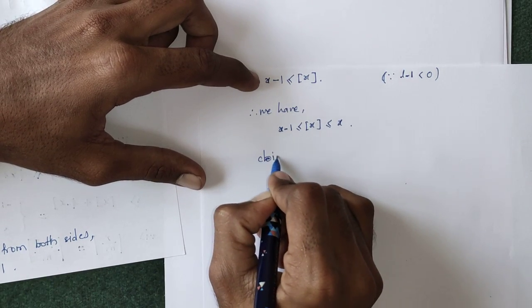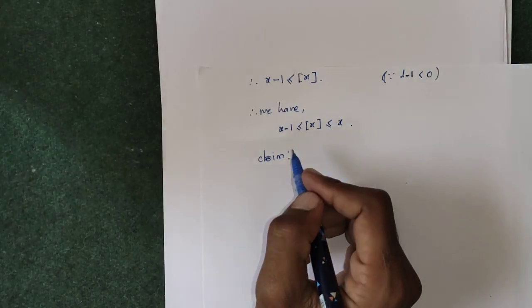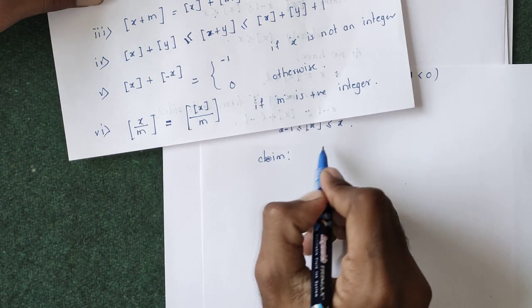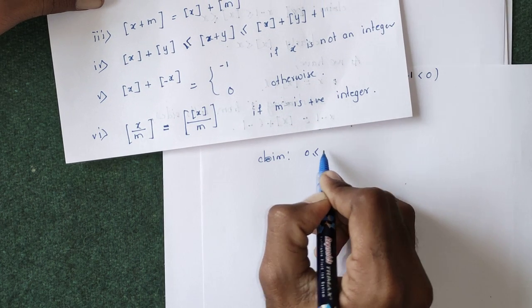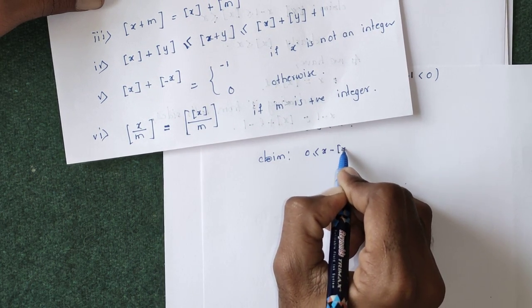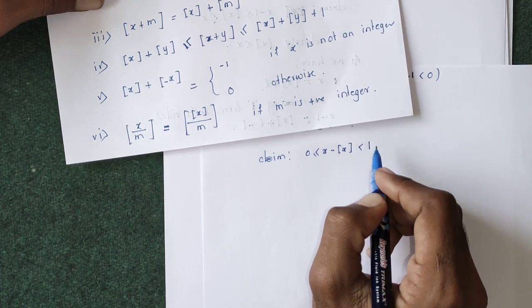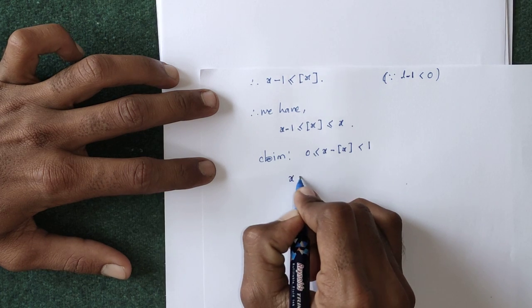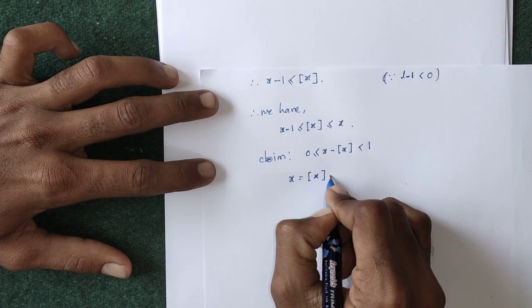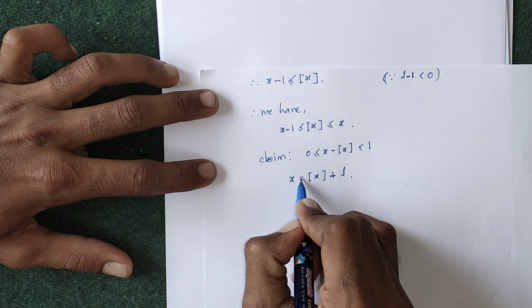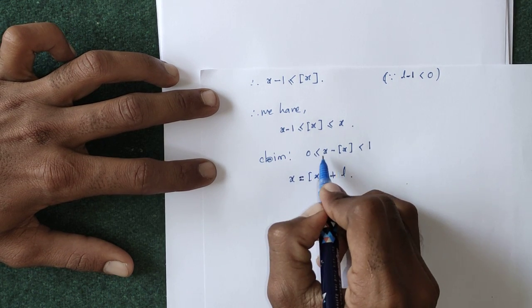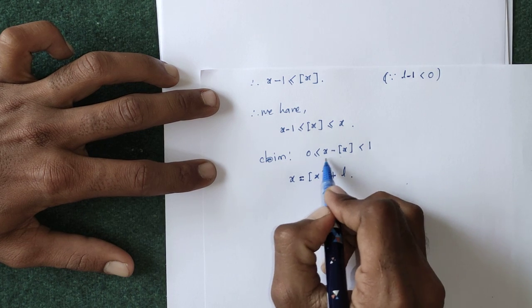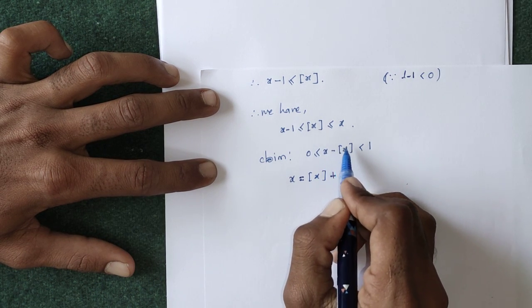Now, the third claim in the first property is 0 is less than or equal to x minus integral part of x is less than 1. So, to prove this claim, we have x is equal to integral part of x plus L. So we can rearrange this, as we have to prove 0 is less than or equal to x minus integral part of x is less than 1. First of all we are going to get this x minus integral part of x